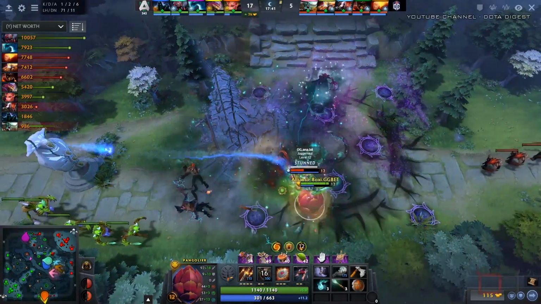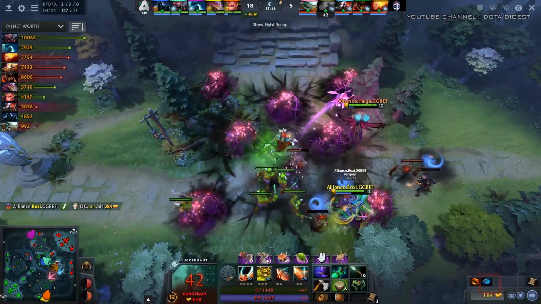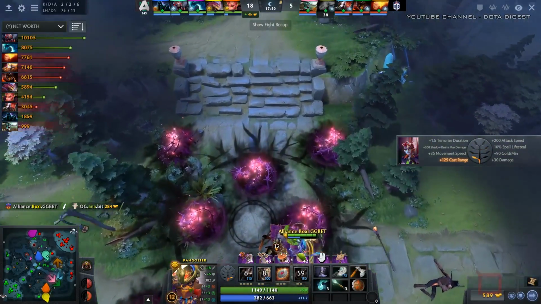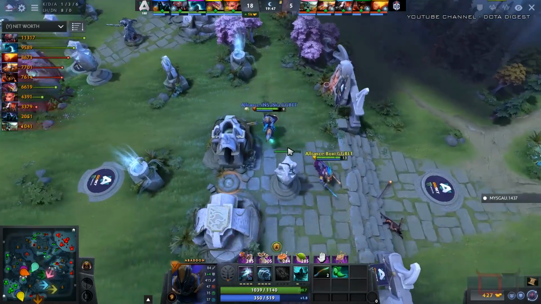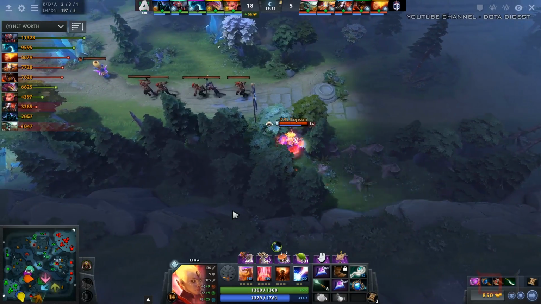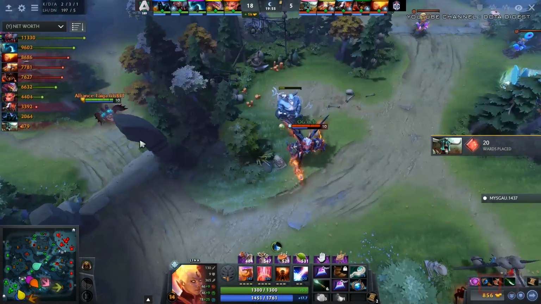Jax, oh, he's gonna bait himself. He's trying to bait himself. No, they've already seen the Doom. They know he's here. They have a sentry down. Meanwhile, in the bottom lane, Ana caught out by Boxy and Tiger. So that was actually really cool by Alliance there. And now Boxy is coming back bottom since Morphling's Morph is on cooldown, and he should try to go back